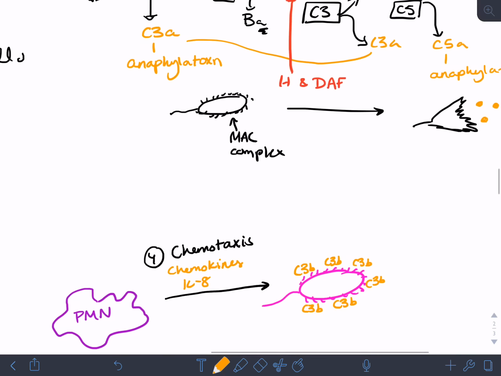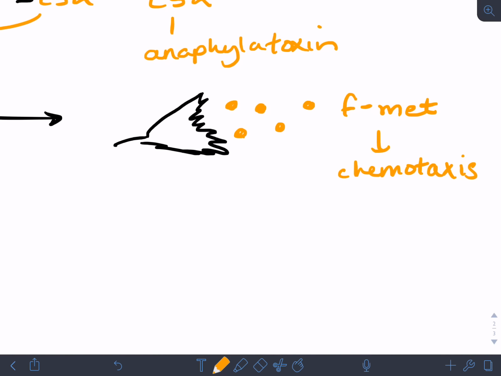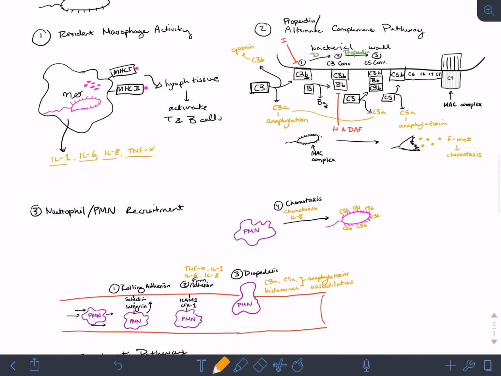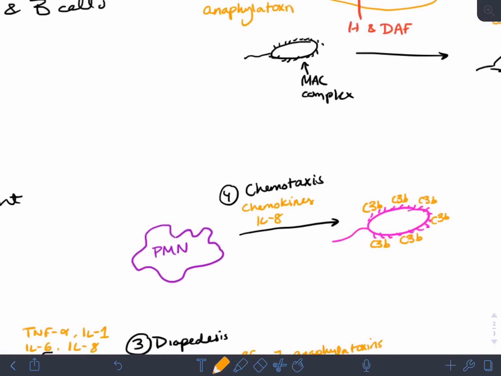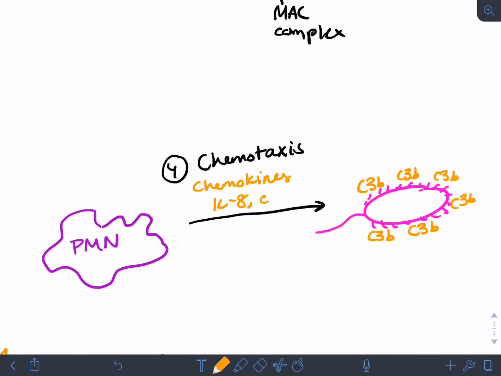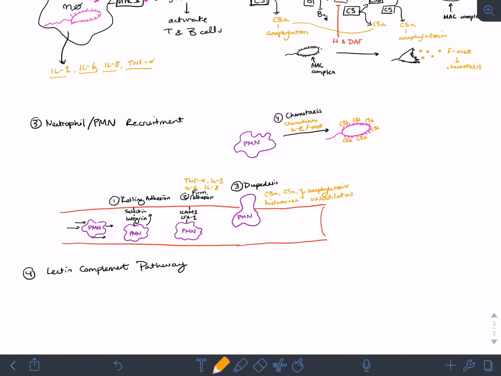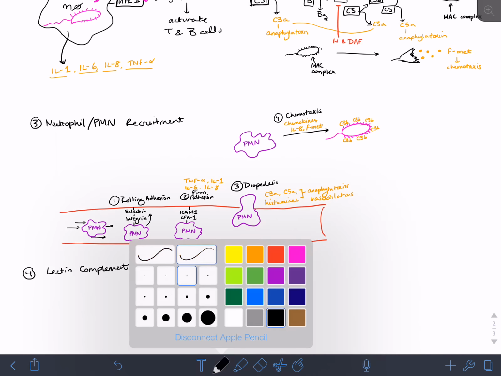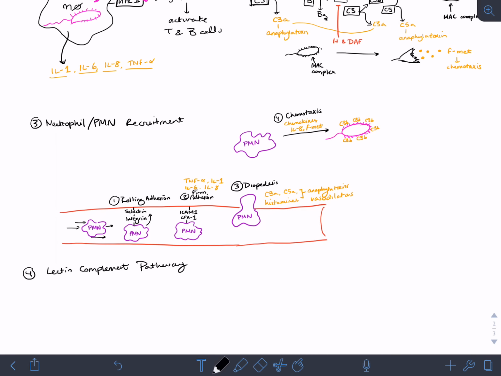Also remember we released FMET. FMET is also when you use the MAC complex to destroy the cell. FMET is also a chemokine. Okay, so your chemokines are IL-8 and FMET. Okay, so the next step then is once you've brought the neutrophil to the bacteria, obviously the function of